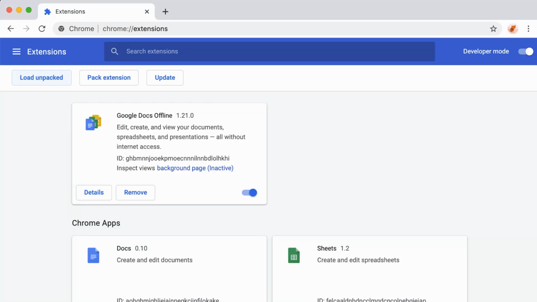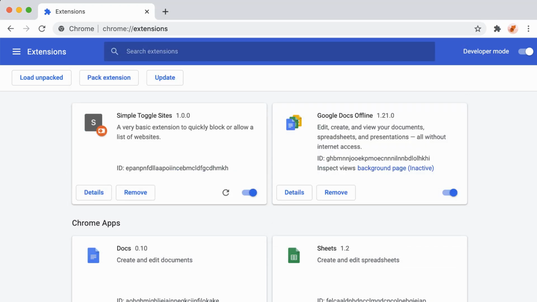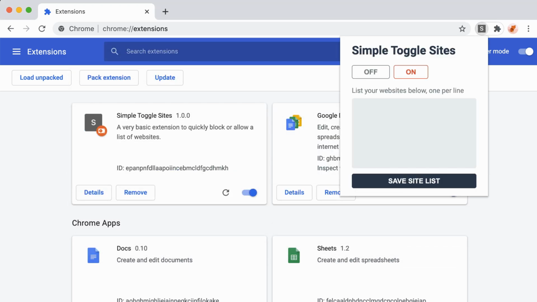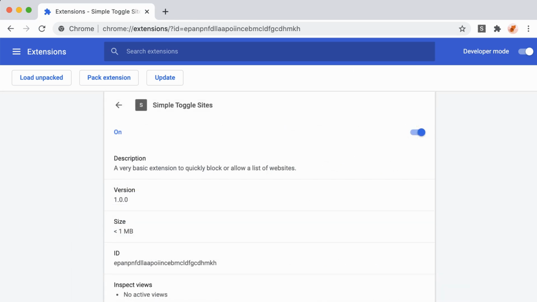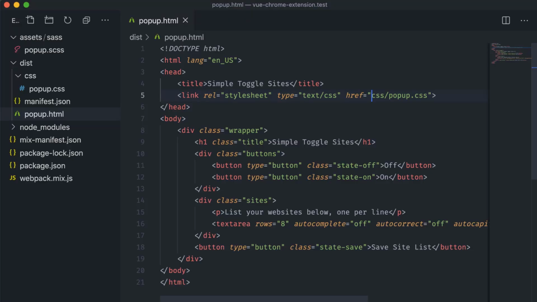Going back into Chrome and clicking Load Unpacked, let's choose our dist directory now. We don't see the errors anymore, our plugin size has been reduced to under a megabyte, and our styled popup HTML is looking perfect. Okay, so now that we have a styled popup displaying, we need to actually add some